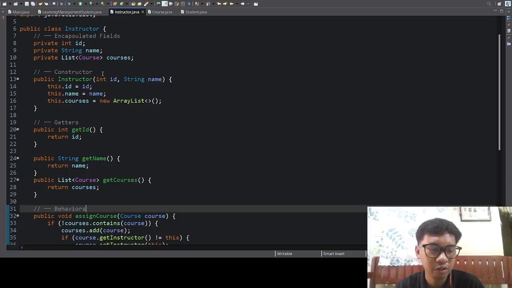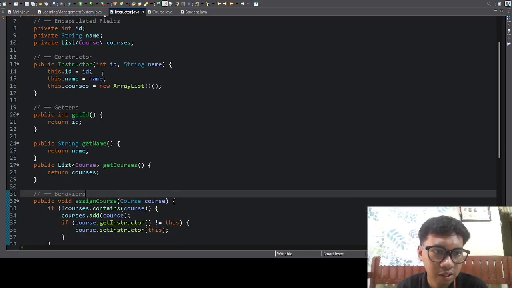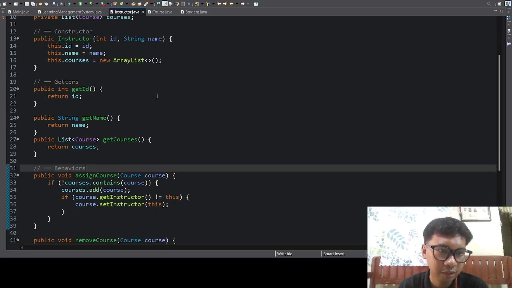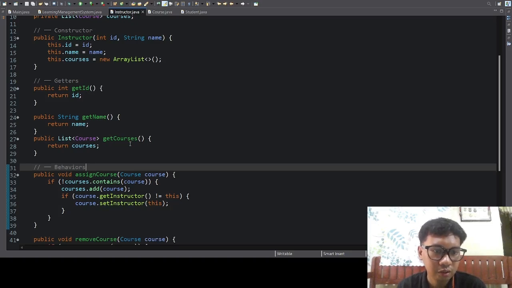We also have a constructor for this class, public Instructor(int id, String name), and we use the this keyword: this.id equals id, this.name equals name, this.courses equals new ArrayList. And we also have the getters: getId, getName, and getCourses.